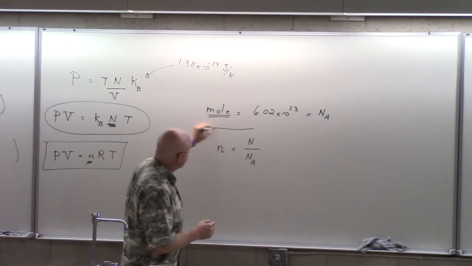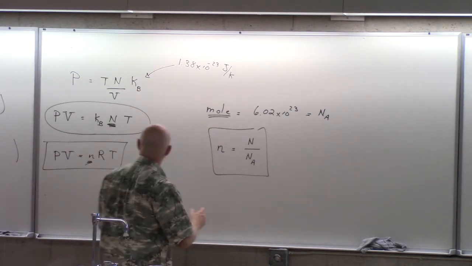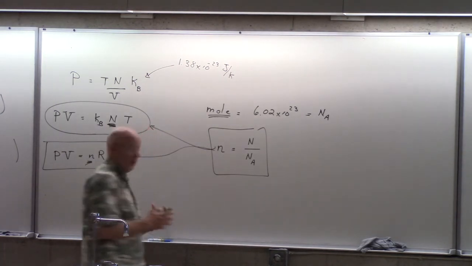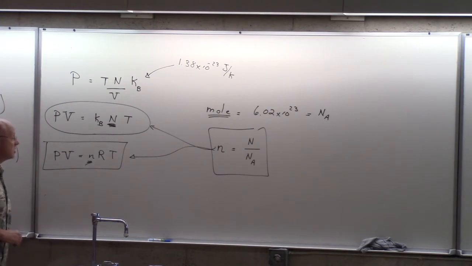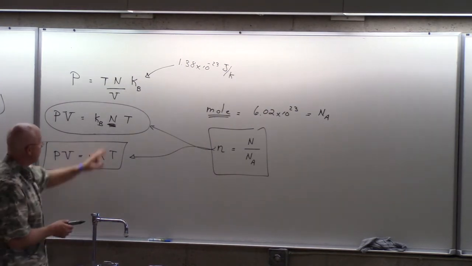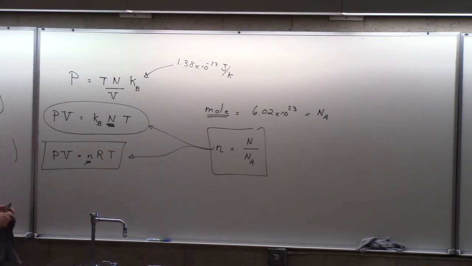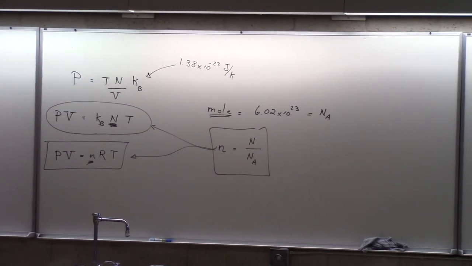So let me put a box around that, because if I put a box around this and then point over here, you could now see how these are really one and the same. It's just, how do you want to look at it? Do you want to look at it as the number of atoms, or do you want to look at it as the number of moles? In fact, I'll even run through the math here with you. And so this is saying